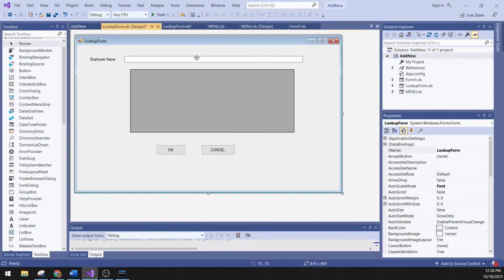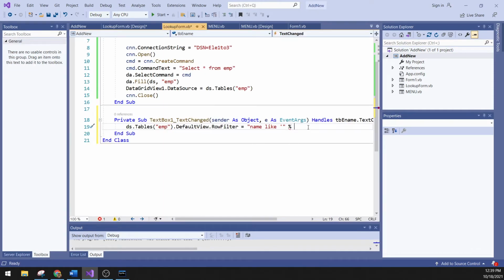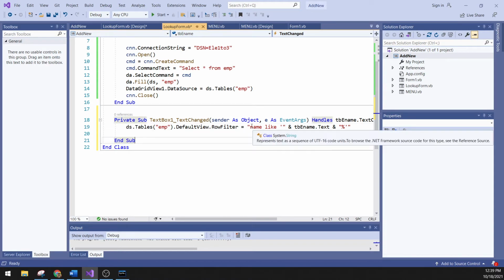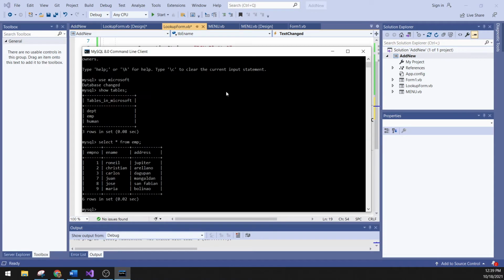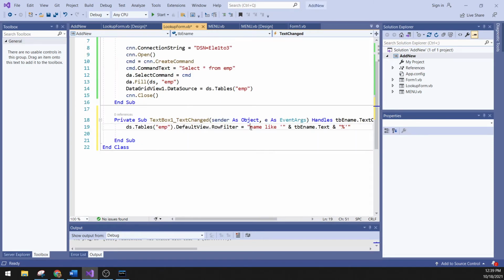Again, we'll go here. We have first TB name dot text, ampersand, single quote, double quote, percent, single quote, double quote. Okay. Oops, it's supposed to be ampersand. So the name, let's check our, so it's e-name, sorry. It's supposed to be e-name. So the e-name like,